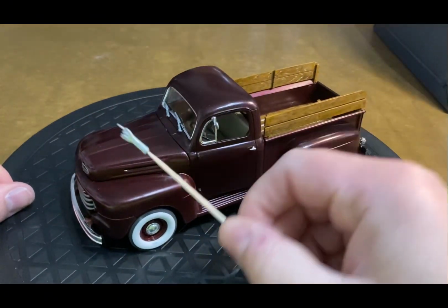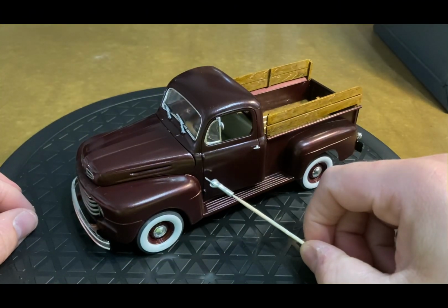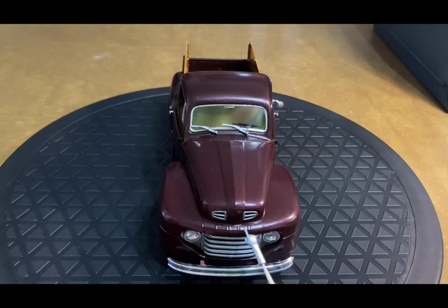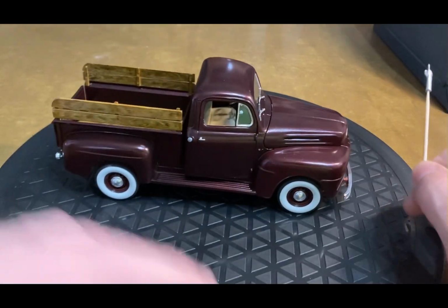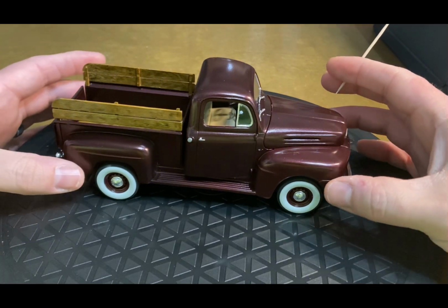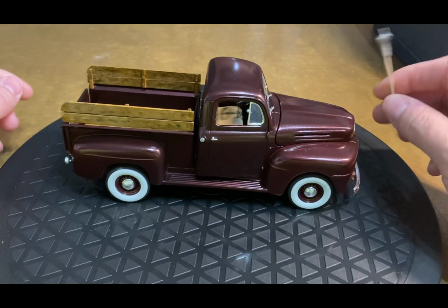I did leave off the trim here like I discussed. I wanted this to be more streamlined, and then I left the badges. I wanted them to be there. I wanted you to be able to see them, but I wanted it to be again more muted. So it's more over the top in some ways and more streamlined in some ways, and less over the top. But really happy with it. Enjoyed the kit. Thanks again, JT. It was a great group build,